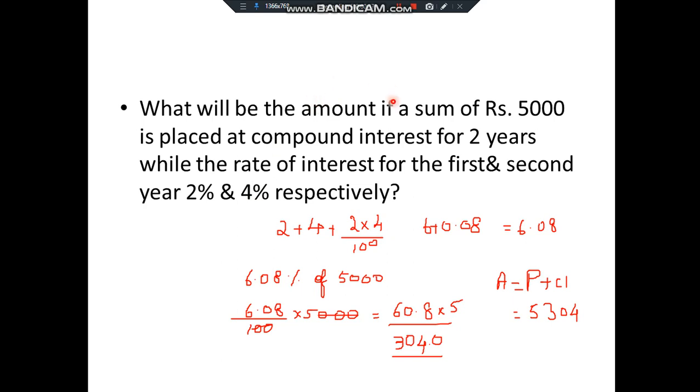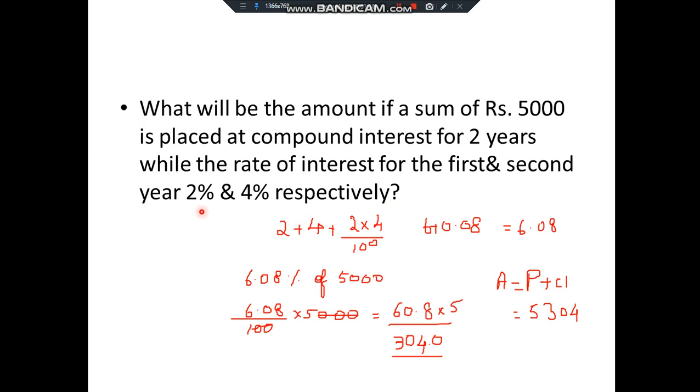First read the question carefully, and find what we have to find, whether compound interest or amount. Here we have to find the amount. You can go with any of the methods that we have discussed, like the fraction method, formula method, or successive percentage. Other than the 2-1-3-3-1 method, you can go with any other method. Here, since it is 2 years, I have chosen the successive percentage method, which is quite easy.